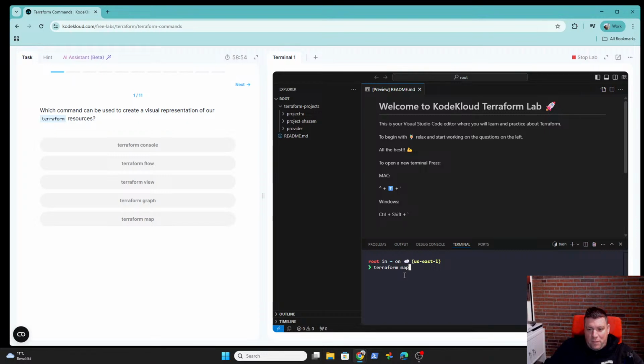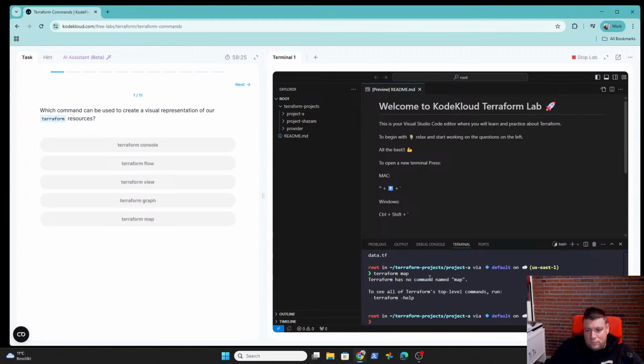I think terraform map. No. Ah. Map does not exist.